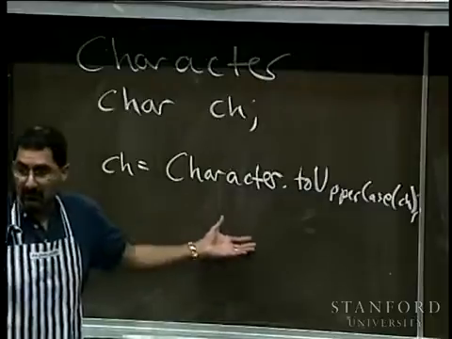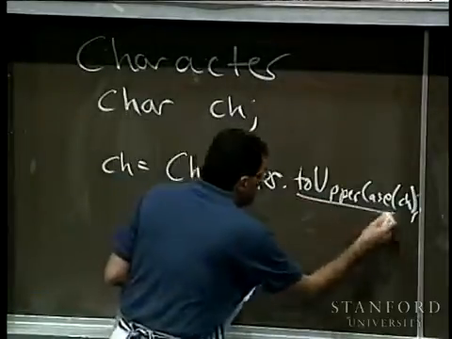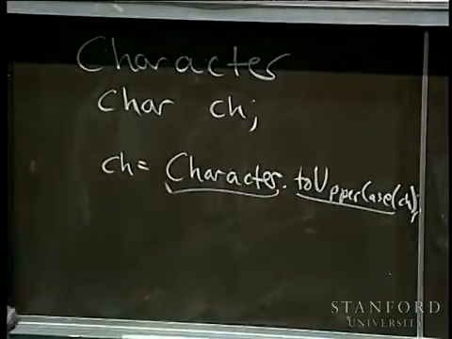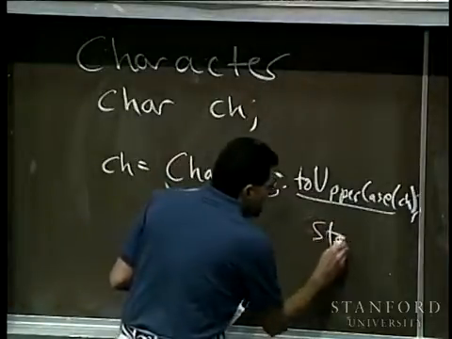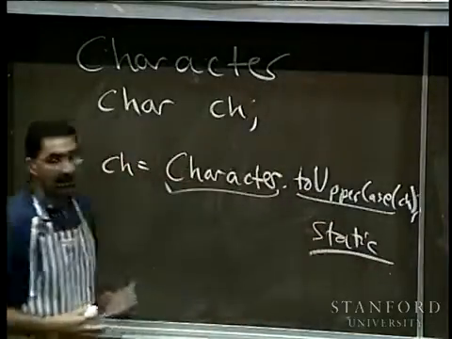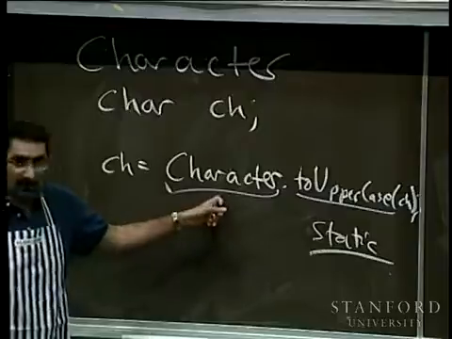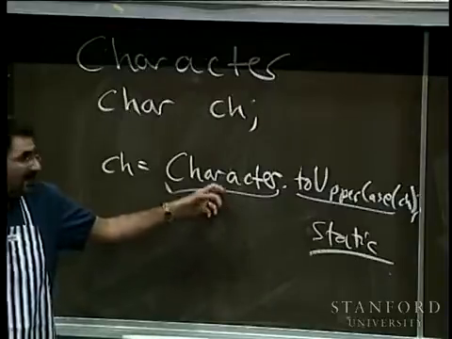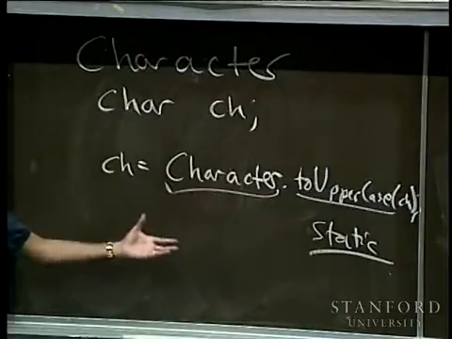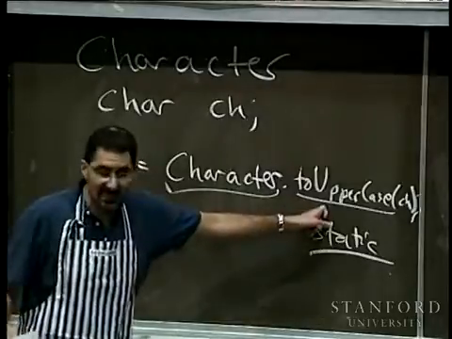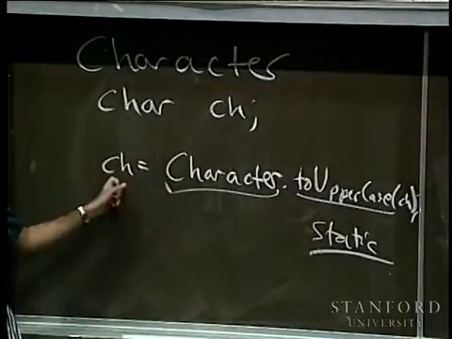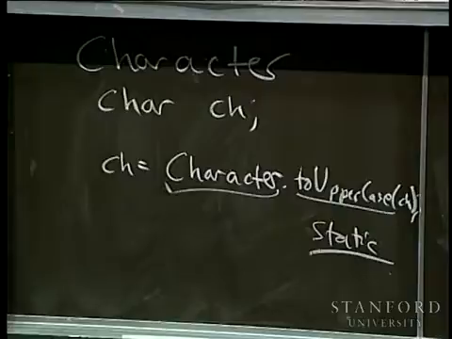It does that for you. This method is part of a class called Character, but it is what we refer to as a static method. It's not a method that every object in that class has. It's a method that just the class has, so the way we refer to it is we give it the class name and then the method name, because this char thing is not an object. It turns out there actually is a class called Character that you can create objects of, but we're not